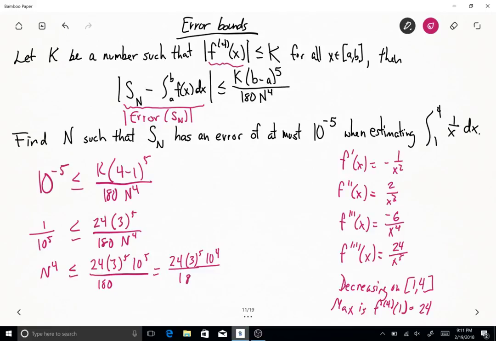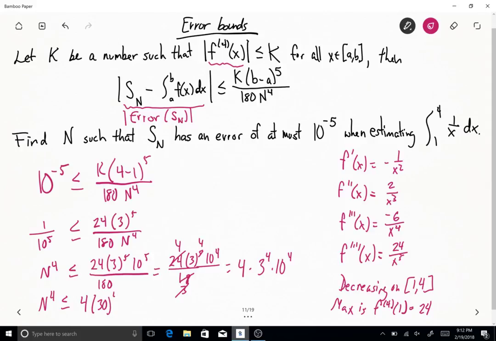Okay, so that means that we can cross off and leave 4 here, and if we divide this by 6, we get a 3 down below, and so this thing equals, you'll cross that off, you'll have 3 to the 4th, so we'd have 4 times 3 to the 4th times 10 to the 4th. Okay, so n to the 4th is less than or equal to 4 times 30 to the 4th power. So that implies that we have n has to be less than or equal to,